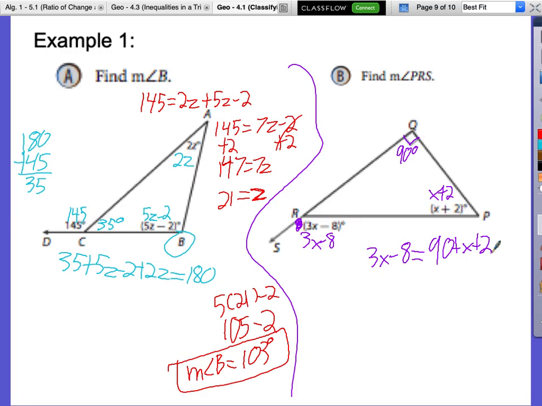Voices off, please. Pay attention up here. Okay, we're saying the exterior angle is equal to the sum of the two remote interior angles. So 90 and x plus 2 are interior angles that are not next to this exterior angle. So their sum, or adding them together, is equal to that exterior angle. We are not going to solve this equation. I just wanted to send it out to you.